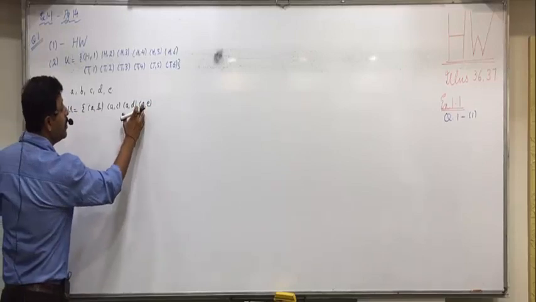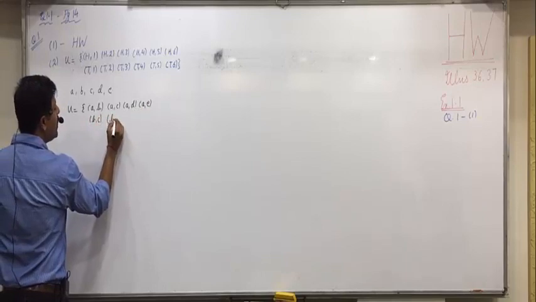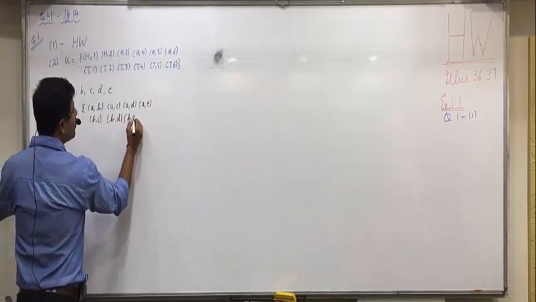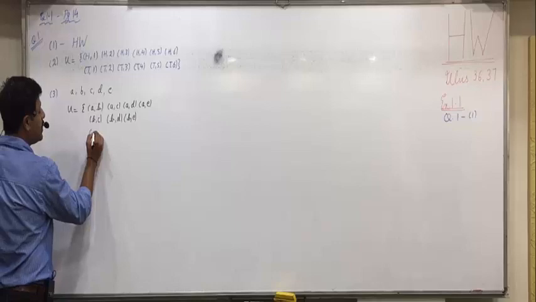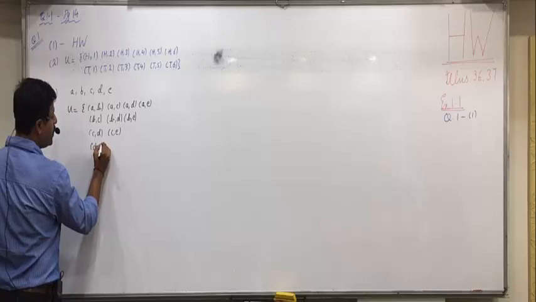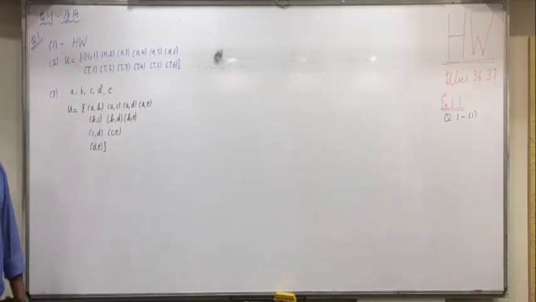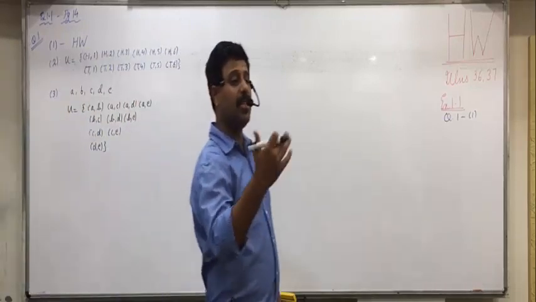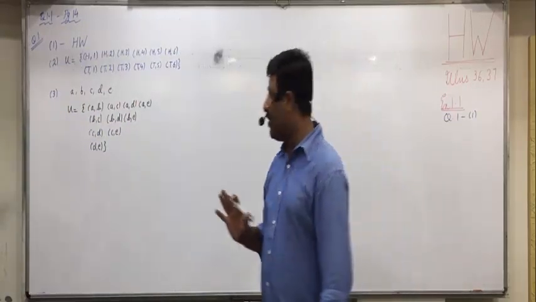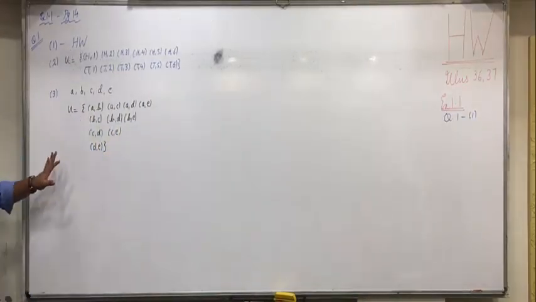You'll go only forward. Now when you do it with B, then BC, BD, BE. If you do it with C, then CD, CE. And if you do it with D, then DE. So you can see 4 plus 3, 7 plus 2, 9 plus 1, 10. We never did this. We directly used to do 5C2 and obtain 10. But if sample space is asked, then you will show all the outcomes. So all are clear with this one also, how to do the selection, going only forward, not going backward. Now look at question 2.